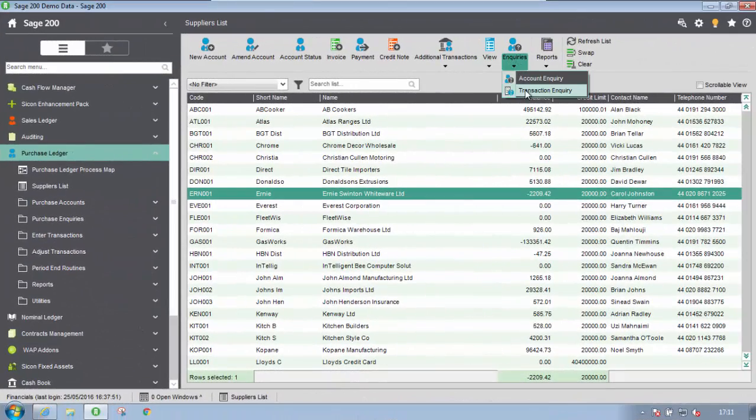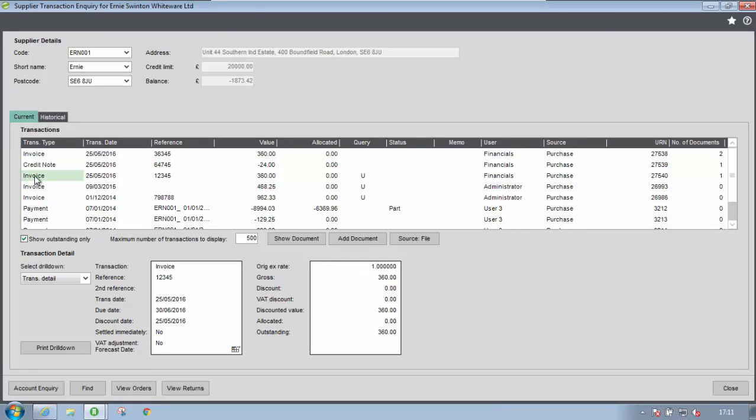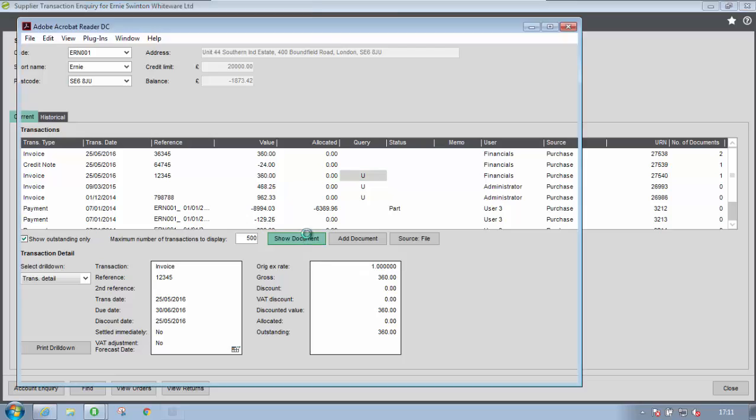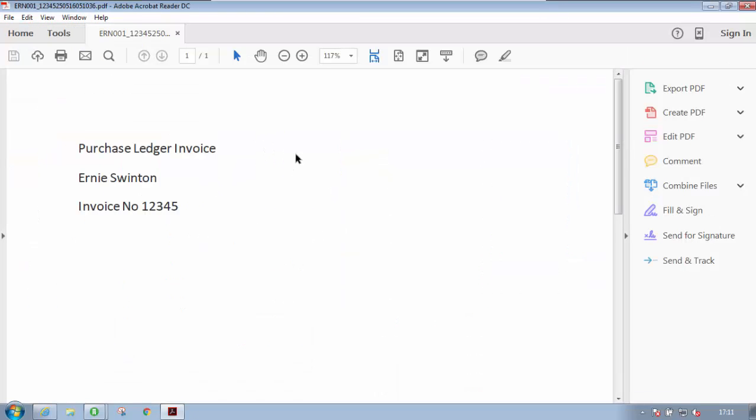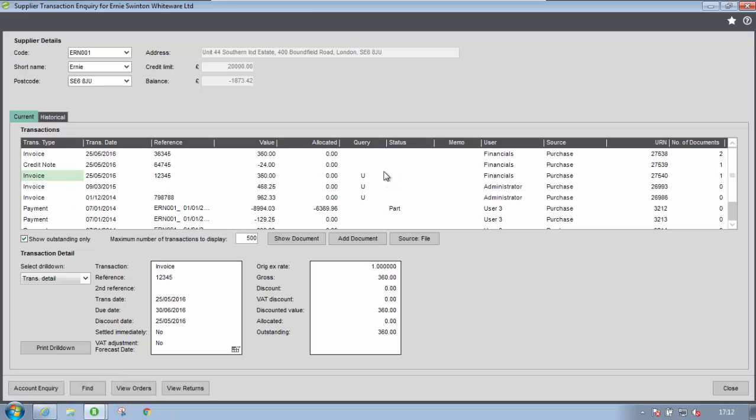From the account, I'm going to open up the transaction inquiry, and we can see our invoice number 12345 listed, and it's marked with a query flag of view because it requires authorization. It's showing us there's one document attached. If I click show documents, it opens up the PDF for me with the details of the invoice. While we're looking at this invoice, we can add additional documents such as delivery notes, any supporting documents to this